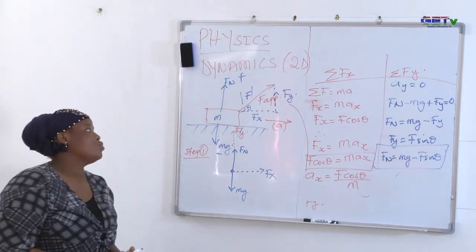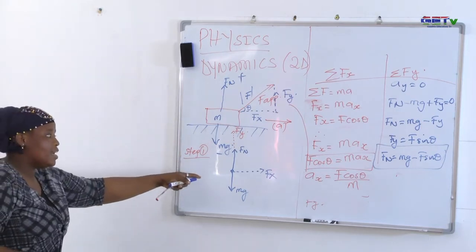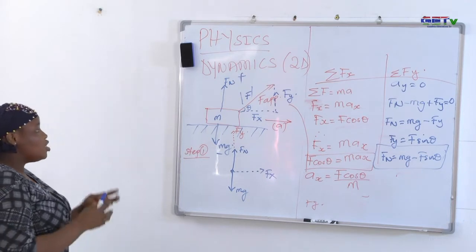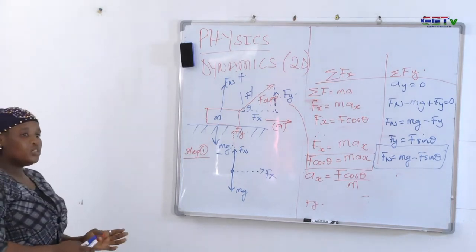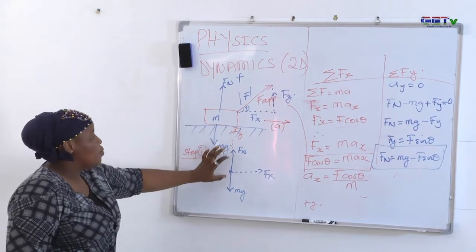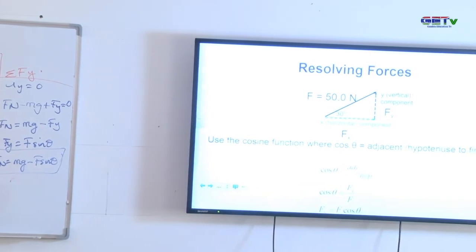Now we move on to explaining what a free body diagram is. You saw me draw a free body diagram, and by now I suppose you know what a free body diagram is. It is just a vector diagram which shows the magnitude and direction of the forces. The length of the force will represent the magnitude, and the arrowhead attached to that length will indicate the direction